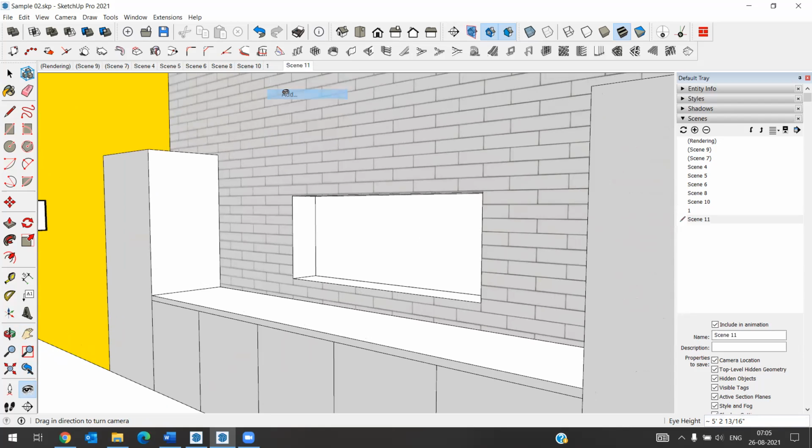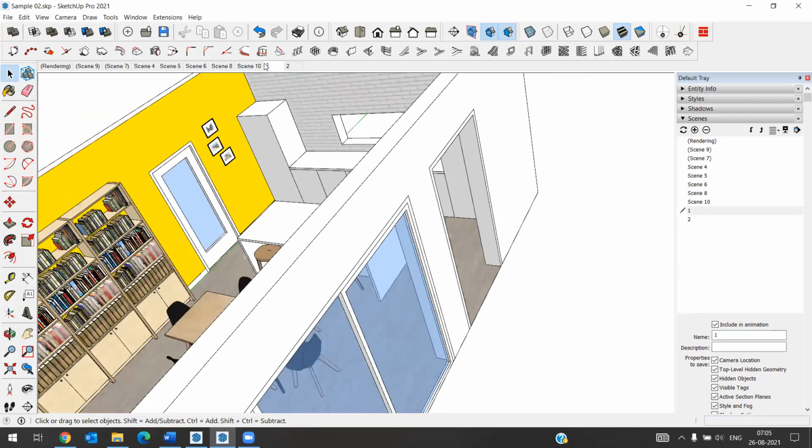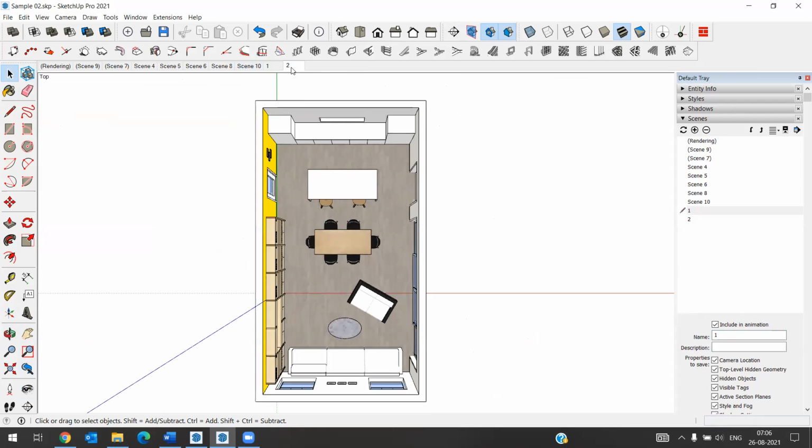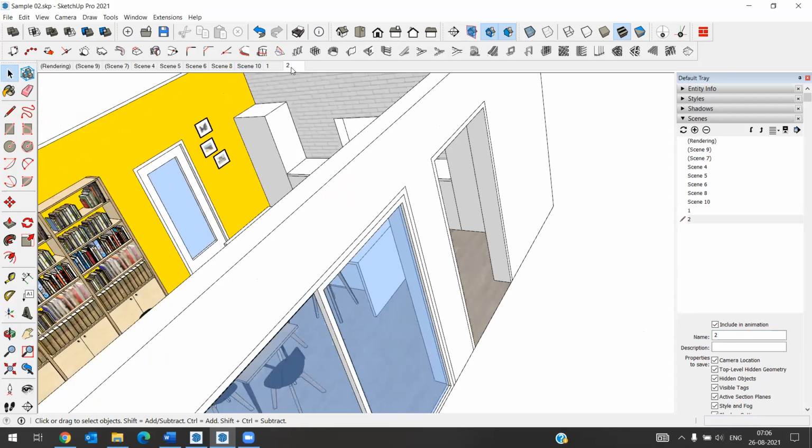You can add the scene. I will rename as scene 2. Now if you go 1, 2.